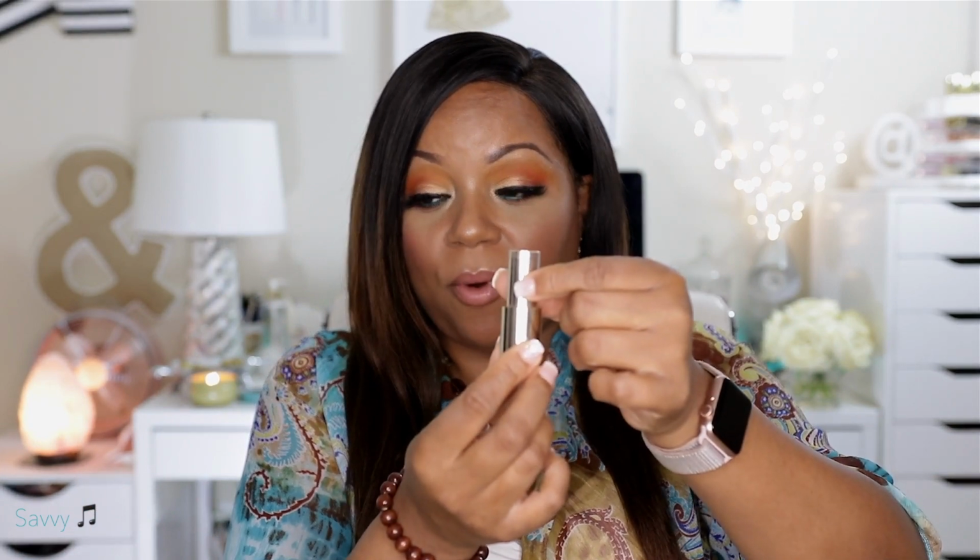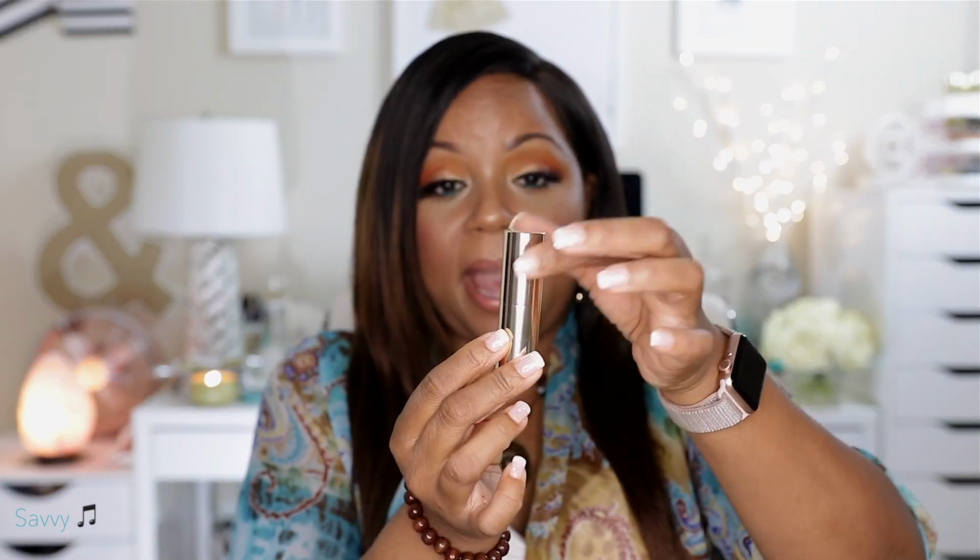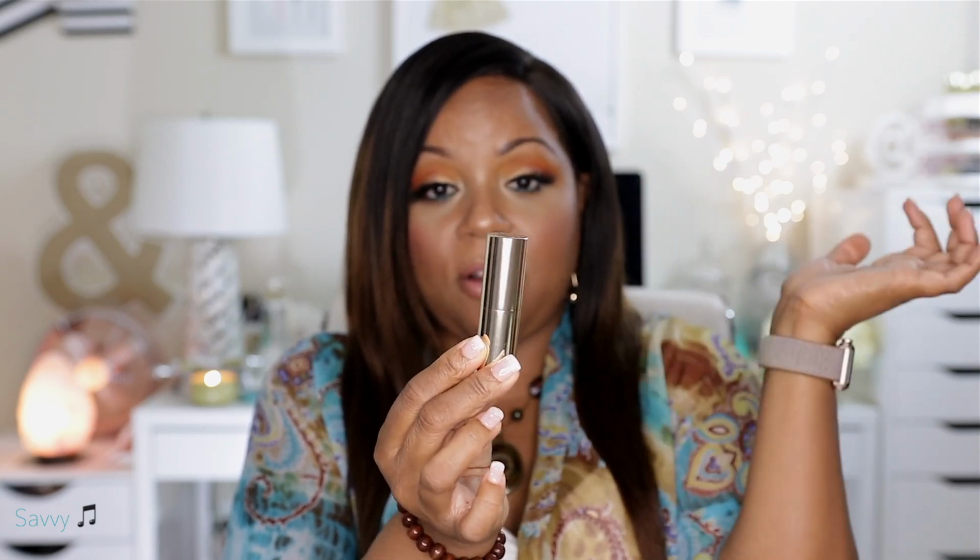But it looks like this. And it's so creamy. And I love the actual packaging. It has Becca written right here. I love the color. It's magnetic. So you put that on and look how it just...